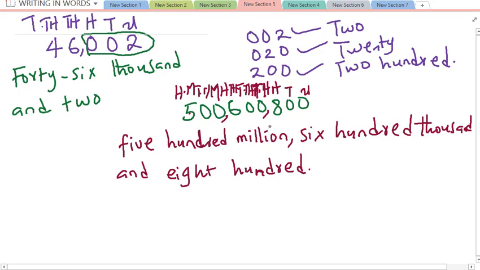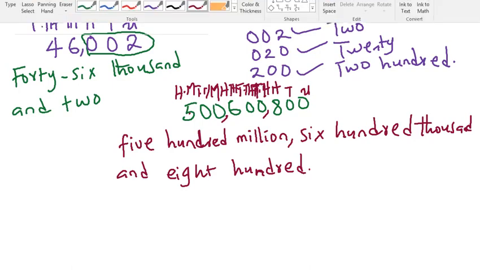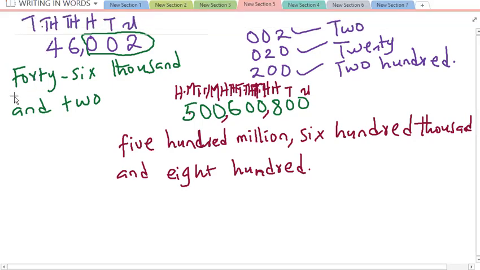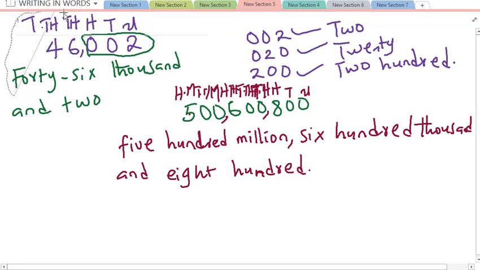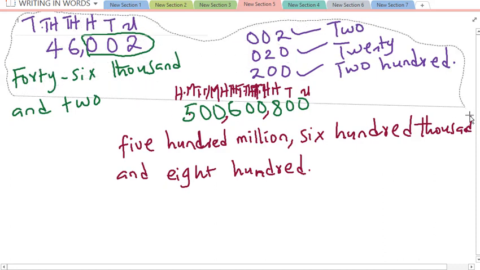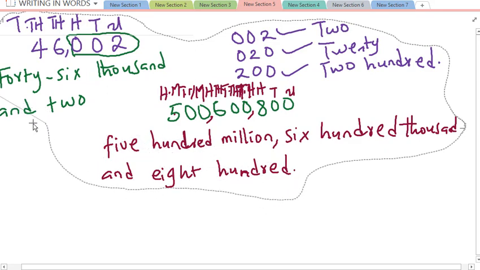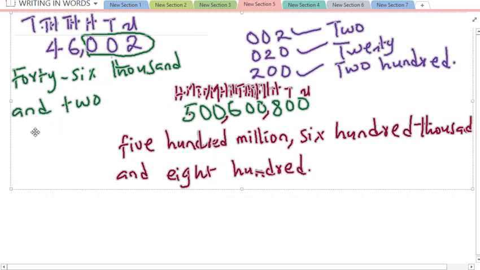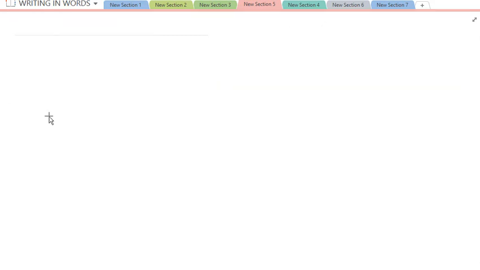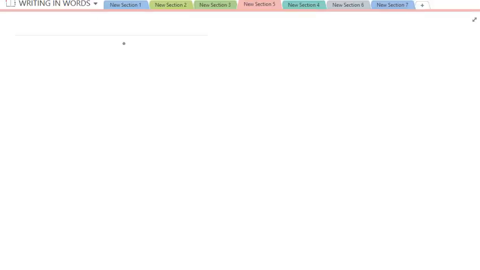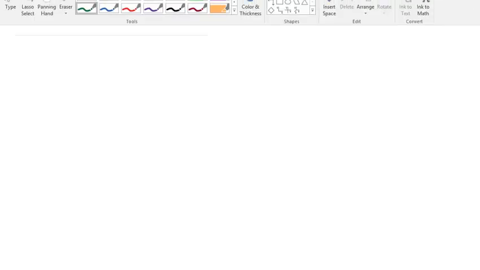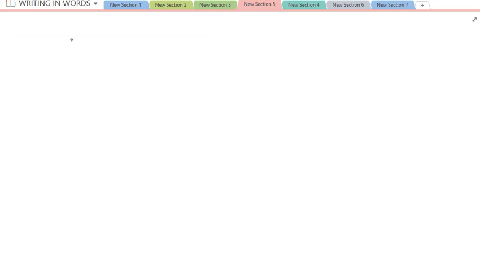Okay, and that's it. But I'm going to show you another secret to writing of numbers. I'm going to show you a smarter way of writing numbers, very smart and time saving. Please, if you wish to write this, you can write it down, because I'm going to clean that section so you can get ahead and solve more examples. Okay, so another smart way of writing numbers is just simple. I believe by now you've gotten an idea of what numbers actually mean. So let's say we have a number like